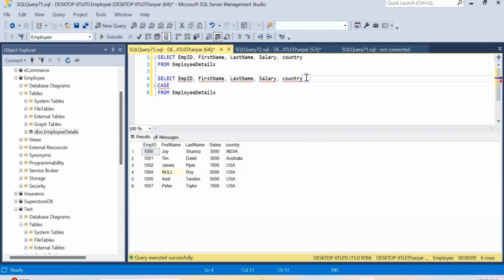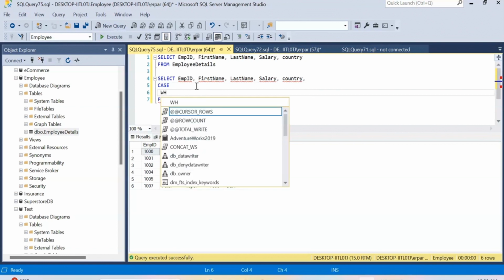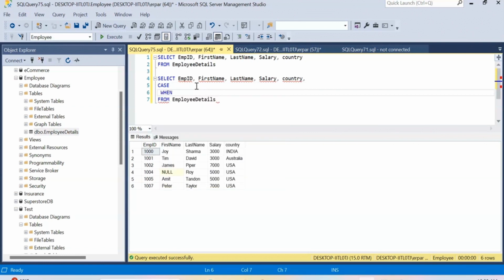So one more column, so I'll provide the comma here, case, and then I will not provide any column name here. So our syntax will be when my expression, my salary is greater than equals to 3000, or I will say less than equals to 3000, then low salary,